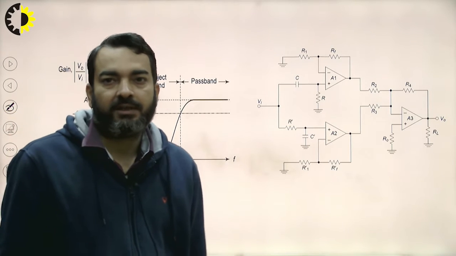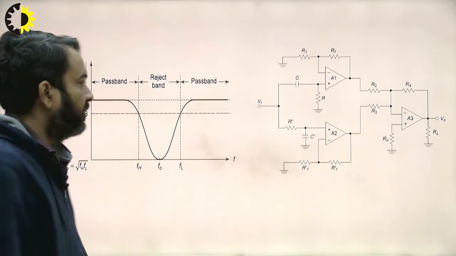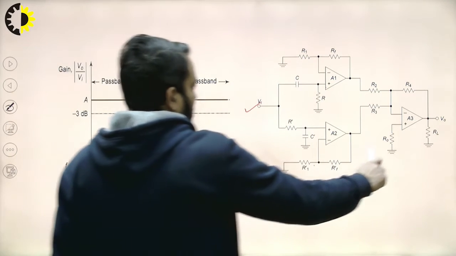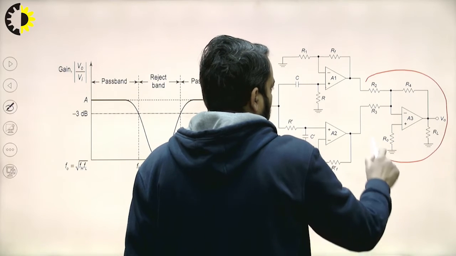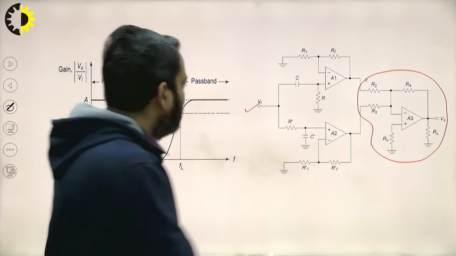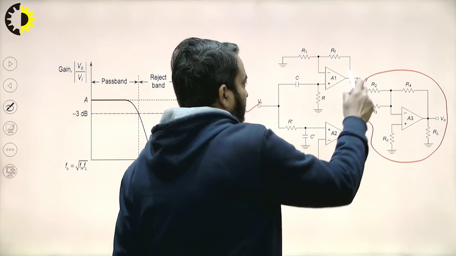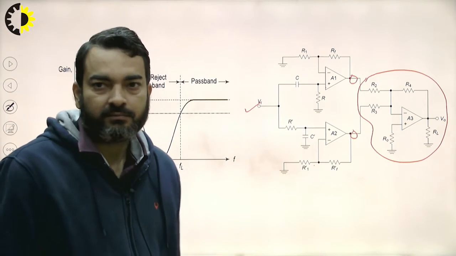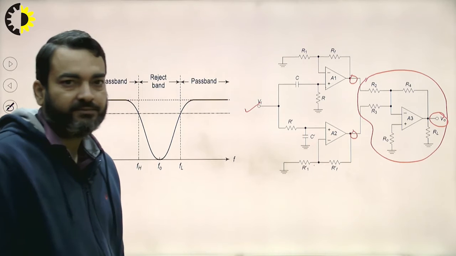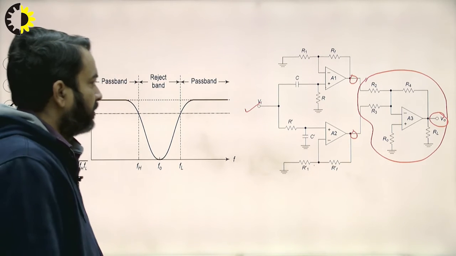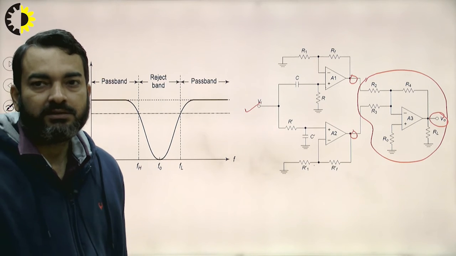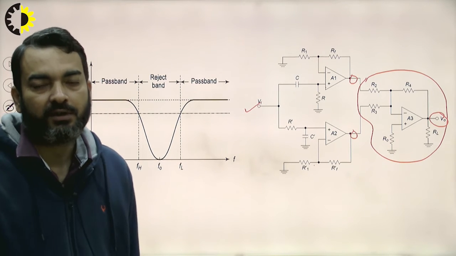So here this is the diagram. We have first order low pass and high pass, and then this is the op-amp based adder, which will add the response of these two filter outputs, and we will get the band reject response at this point. So by using this simple concept, we can realize the second order filter using first order filters.